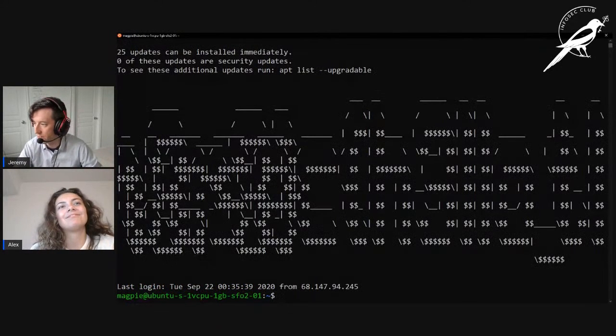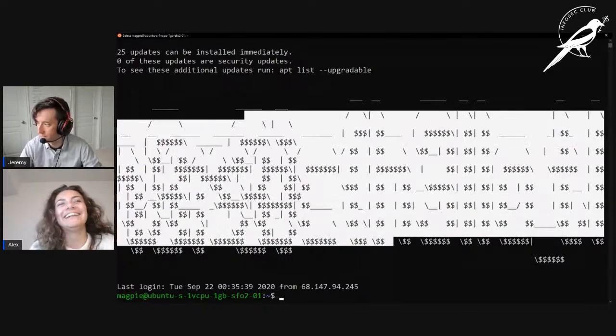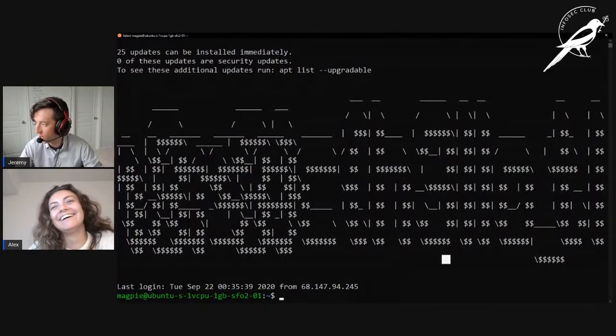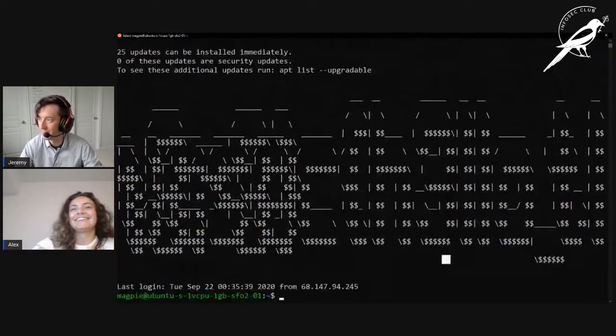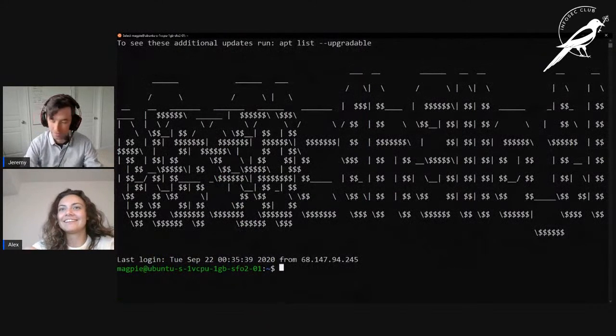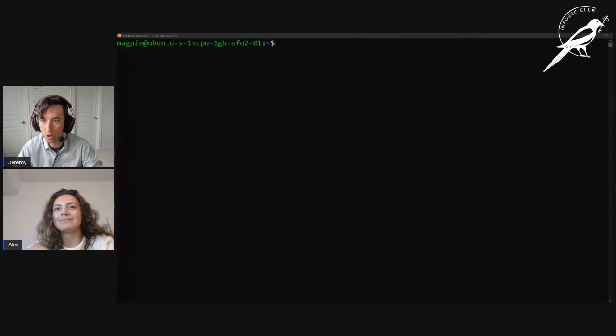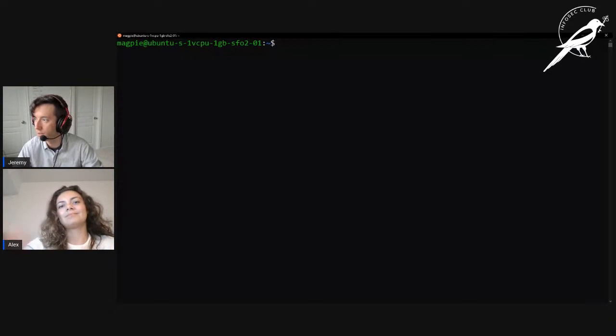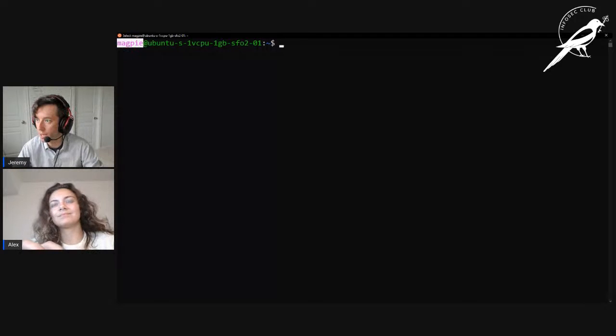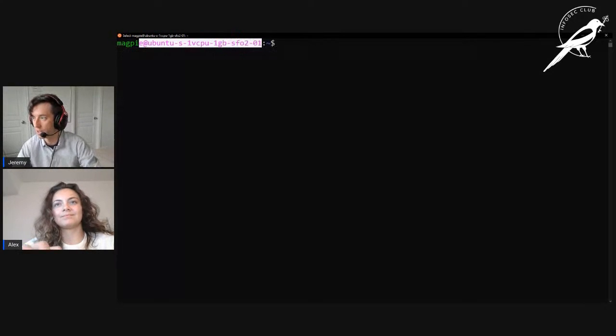My terminal's set to be very large, but there's a whole bunch of nonsense here. Okay, I'm going to clear this, and now you're logged on to our server. You know that you're logged on because you can see up in your command line, right next to your cursor, it says Magpie at Ubuntu and all kinds of nonsense.